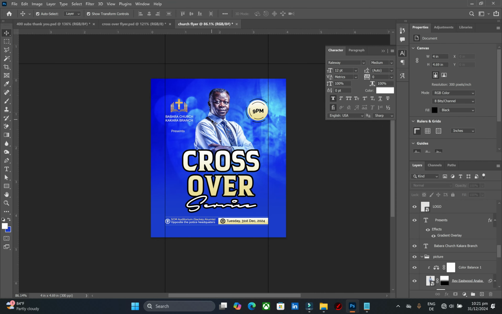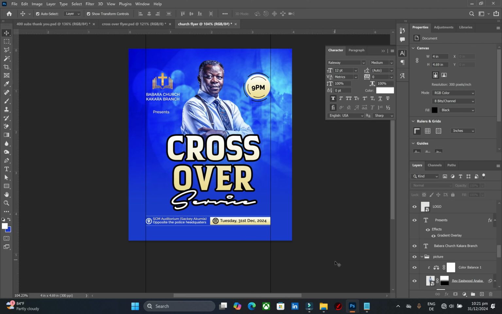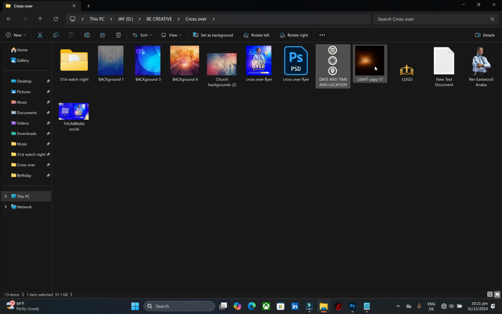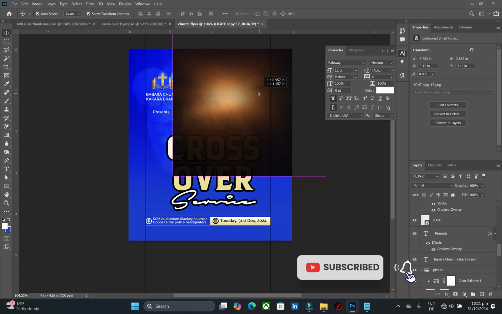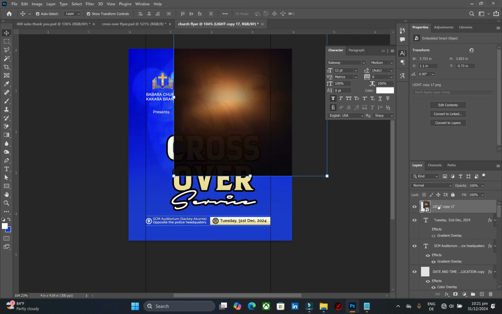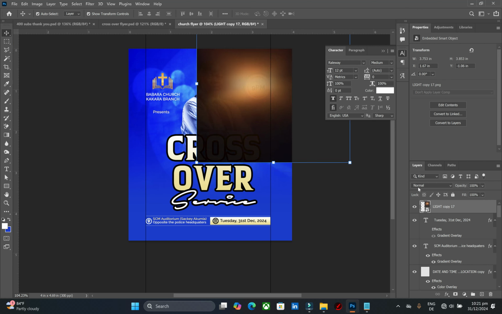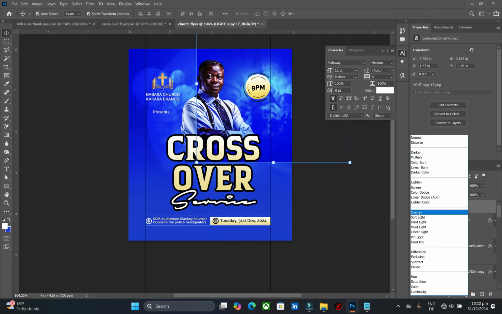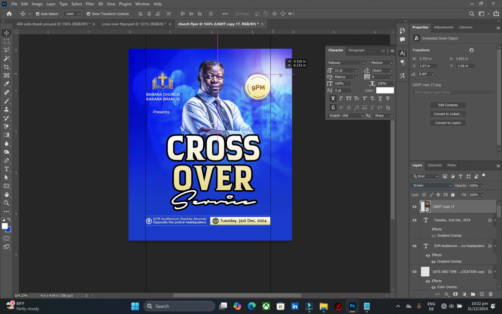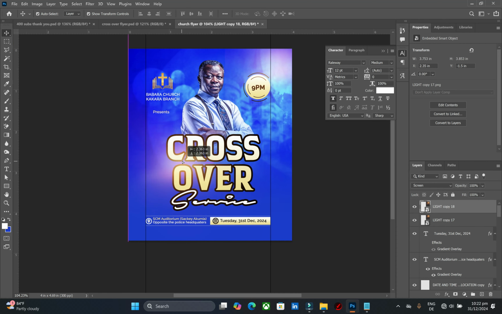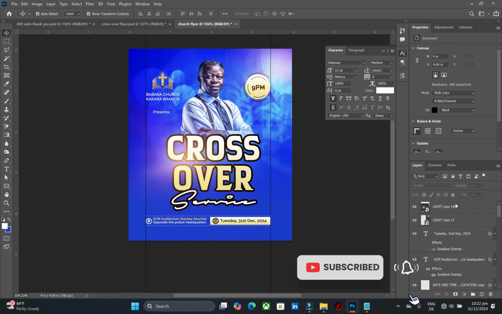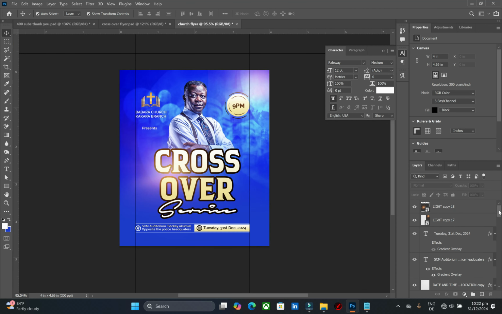Now that I have this, I am almost through with the design, but that's not all. In order to get something a little bit catchy, I also have this light that you can use to increase the niceness of the flyer, to beautify it a little bit. So I'll just point it here and change the blending mode to screen like this, and I'll position that one here like this. Now again, duplicate that and bring that one a little bit closer to the text here, and then select OK. So now that I am done, the final part is that